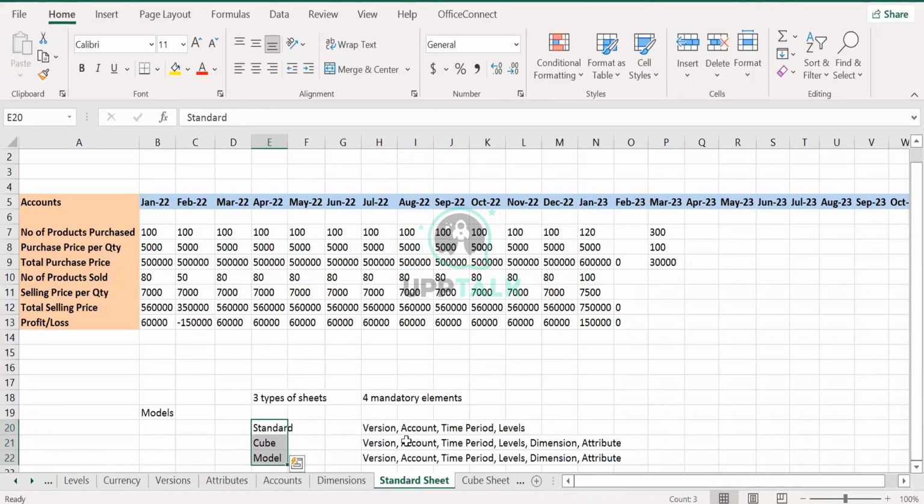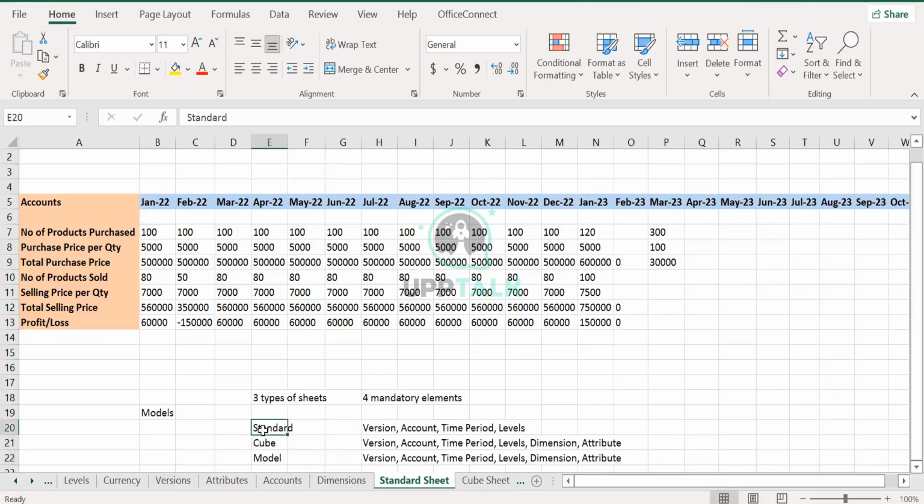I would like to answer it now. But I would say that once you understand how a cube sheet is built and once you understand the difference between standard and cube, then it would be very simple for me to explain what will be the difference in a model. Is that fine? By the end of the session today, you will have the answer for this. Just keep this in mind that we can cover it in the later half.